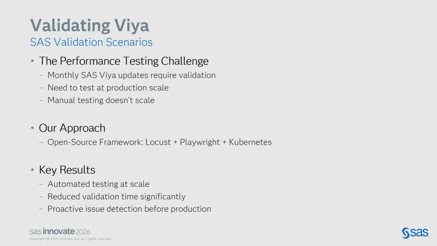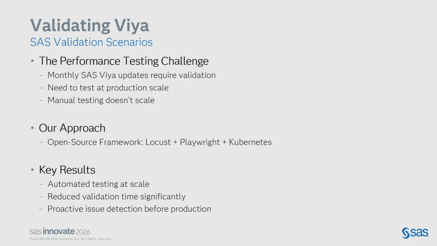Everyone here knows that as SaaSwire follows a monthly release cycle, and every release changes the APIs, the services, and the user workflows. So before applying this update to production, we need to validate not only the functionality, but also the performance and stability of it. Historically, much of this validation was run manually. So we have to change the way that we are doing the validation here.